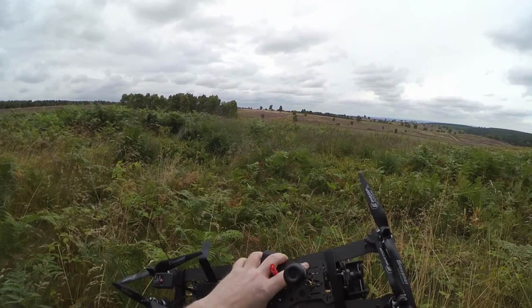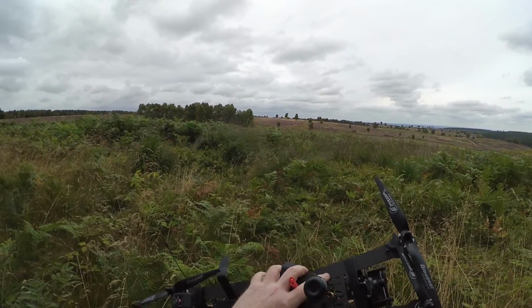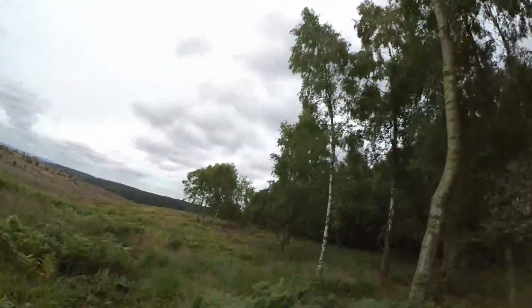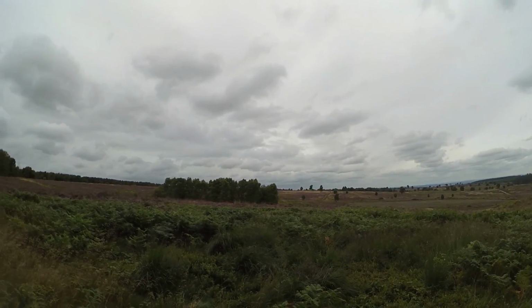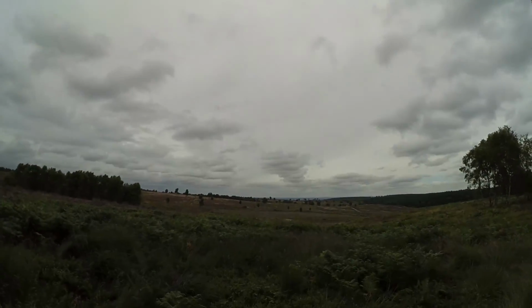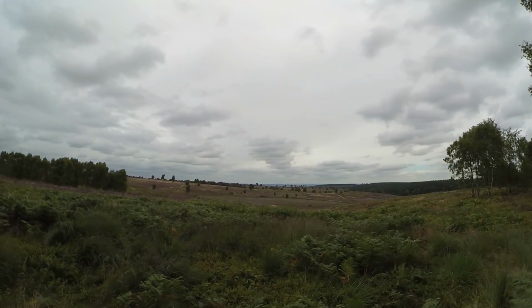Yep, good flight, but the wind's got too bad now. It's rather choppy up there. I can't risk it. I don't know if you can see it in the trees. It's probably only about 15 to 20 miles an hour down here, but probably about 40 or 50 at about 500 feet. Sorry, I don't go to 500 feet, 400 feet. Anyway,